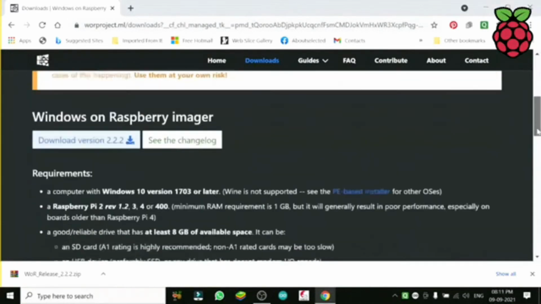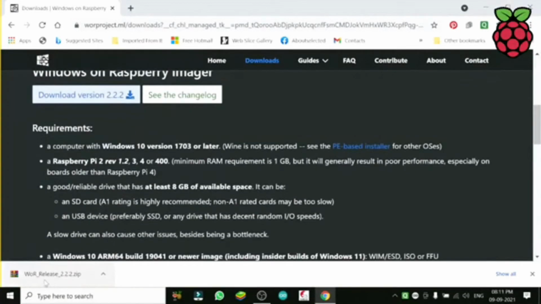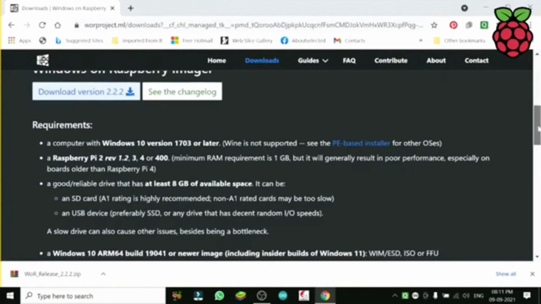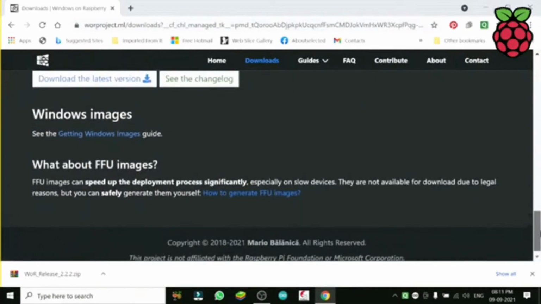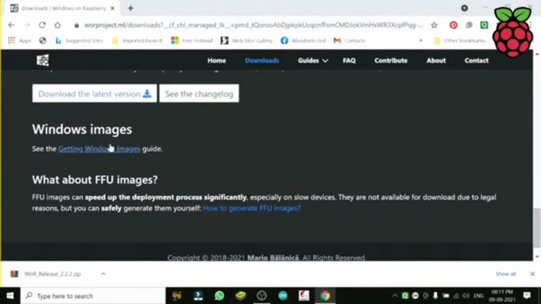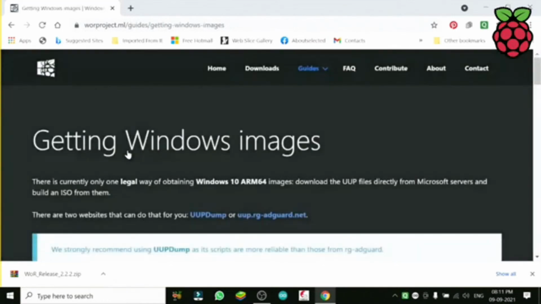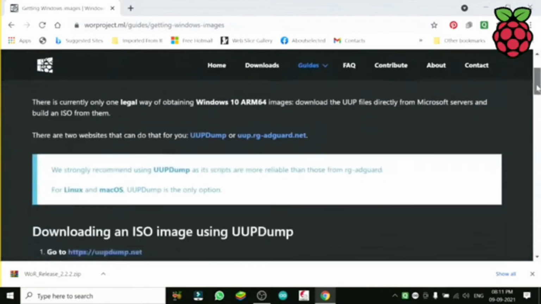Now we will download one more file which will be needed for this WOR. So we will come to Windows Images, getting Windows Images. That is another file. See, UUP dump. Now this program we need to download.